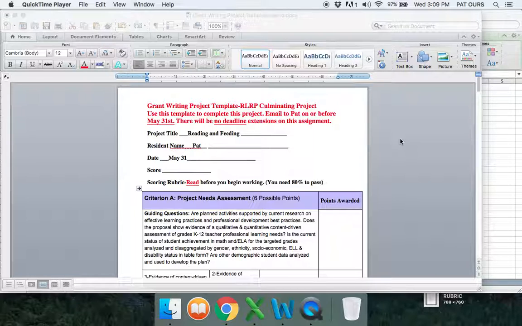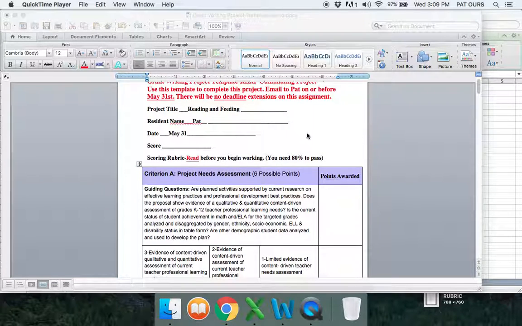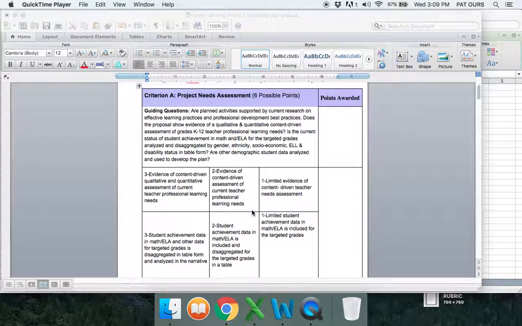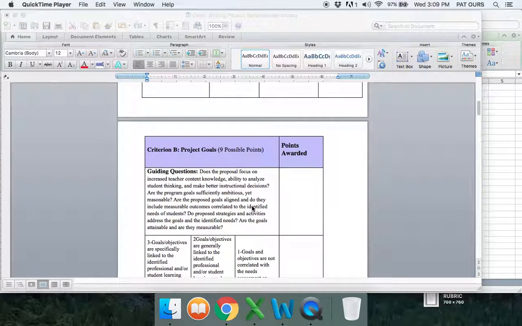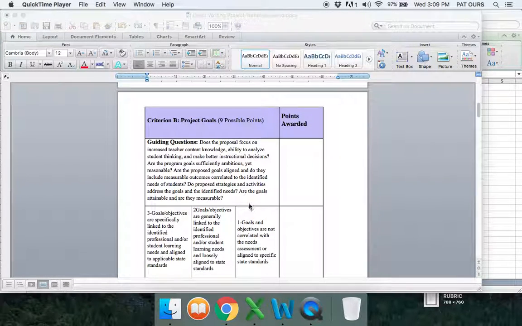If you have completed the first section of your grant, which we talked about in the first video, then you have a good idea how you're going to need to measure your project. So now we're going to look at how to write our project goals. And basically, for a small group project like this, we're going to write objectives. The goal is to read and feed. We know that. So the objectives are going to be very specific, and they're going to be written as SMART